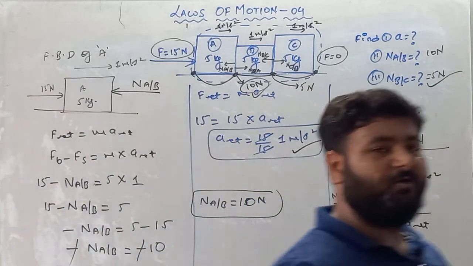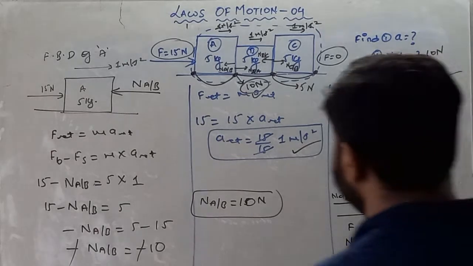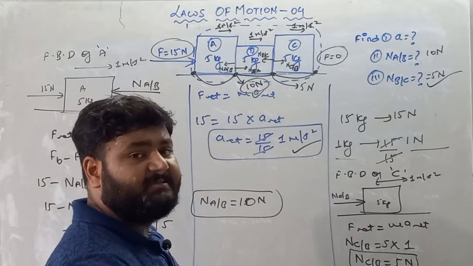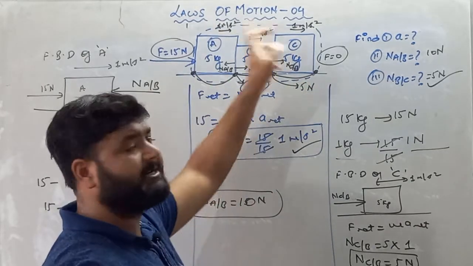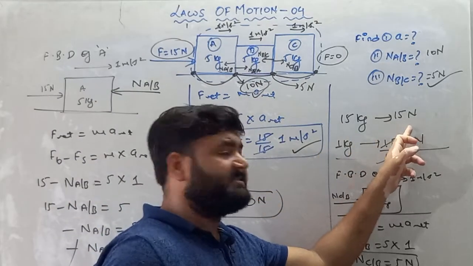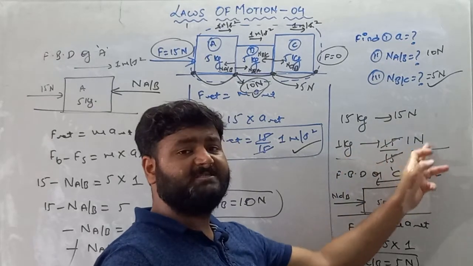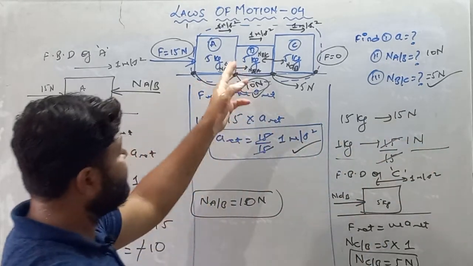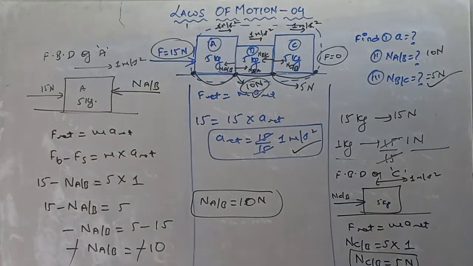So I hope you all understand how to solve these types of numericals with the help of the short trick as well as with the help of, my dear student, the FBD. If in competition the question comes, then try to find the answer with the help of the short trick. It is very easy. Calculate the total mass. After finding the total mass, divide the total force by it. You will get the per kg force which is used by the body, and after that you will move accordingly and distribute the terms. So I hope you all understand these types of questions.